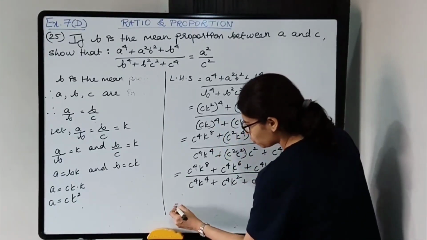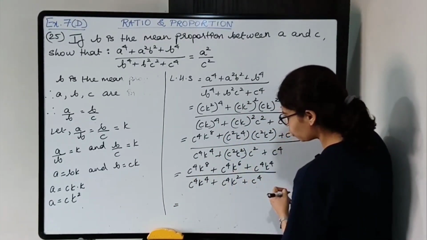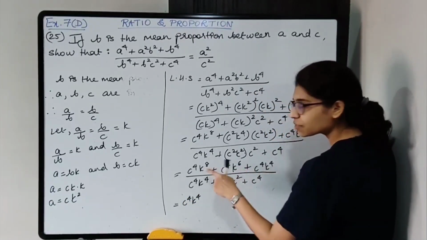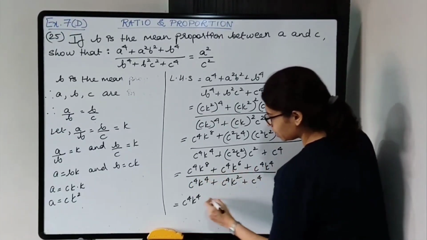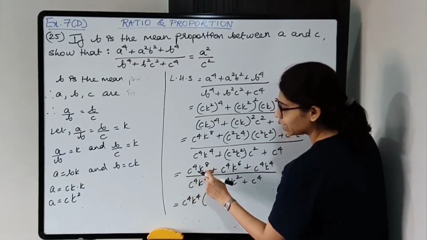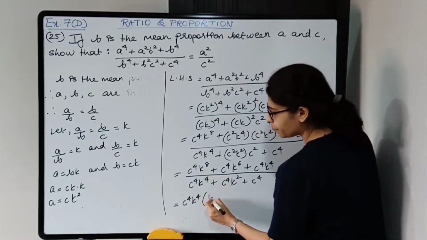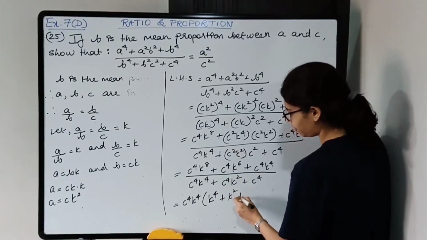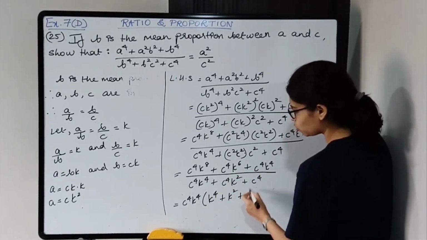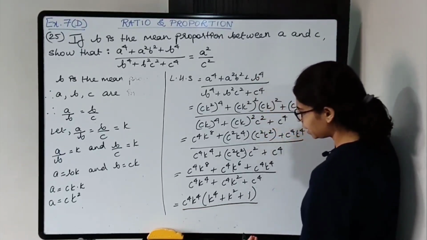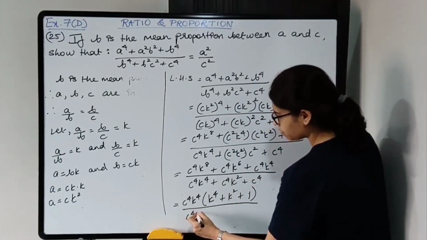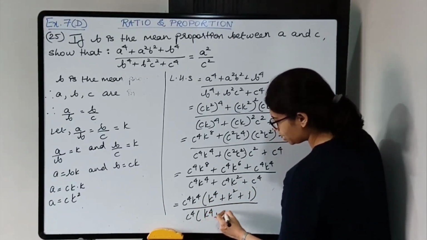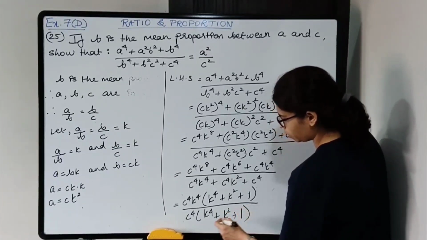So I can take C raised to 4 common and K raised to 4 common, the least power. So C raised to 4 taken common, K raised to 4 taken common, C raised to 4 went away, K raised to 4 went away. So how many K's are left? 4. C raised to 4 went outside, K raised to 4, so 2 K's are left, and here nothing, so 1. Here I can take C raised to 4 common, nothing else. K I cannot take because there is no K over here. So we are left with K raised to 4 plus K square plus nothing, so 1.